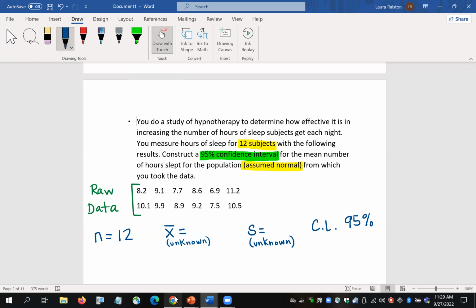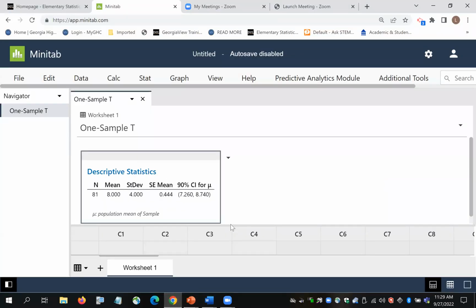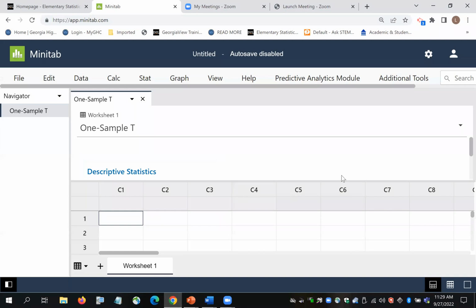Okay, so I'm going out to Minitab, and this time I have to enter the data. Okay, so this represented the sleep time, or the amount of sleep, how many hours of sleep they got. Okay, so if I enter my data, 8.2, 9.1, 7.7,